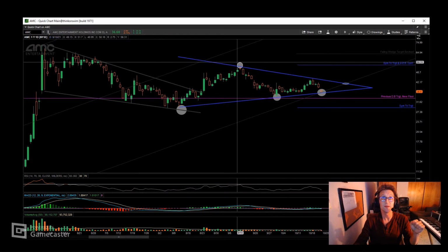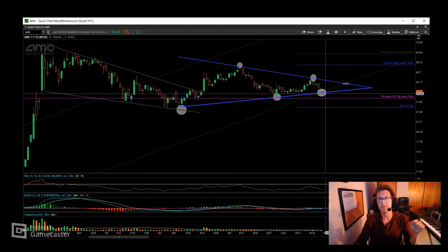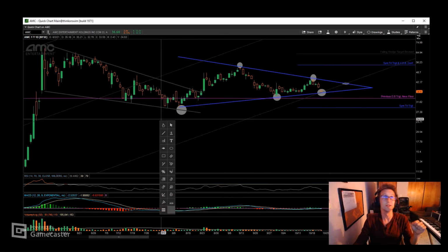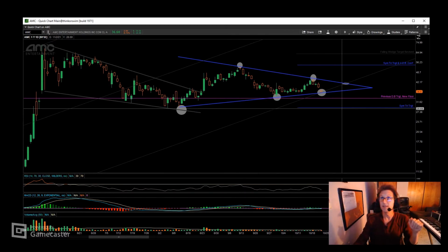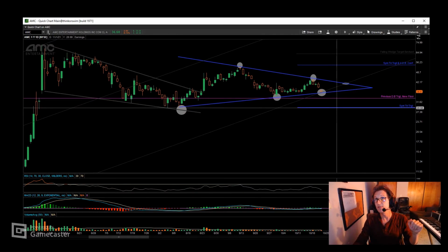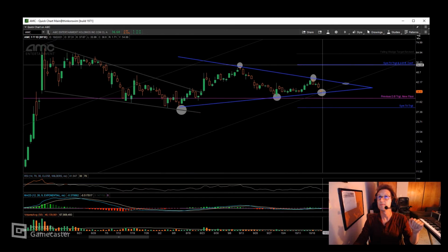And this is why I needed that third touch point to form today, to make this symmetrical triangle, because you need 3 touch points on one side and 2 on the other. I only had 2 and 2. So today's gap down was a big signal, and now we have a new chart pattern and some new targets. The symmetrical triangle to the downside has a price target of $29.08, and to the upside